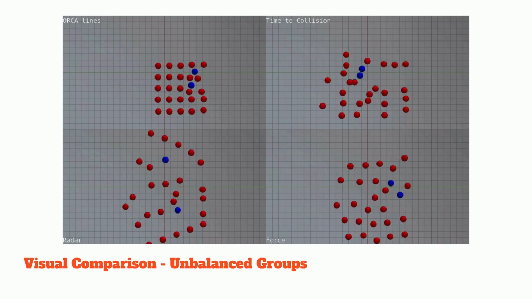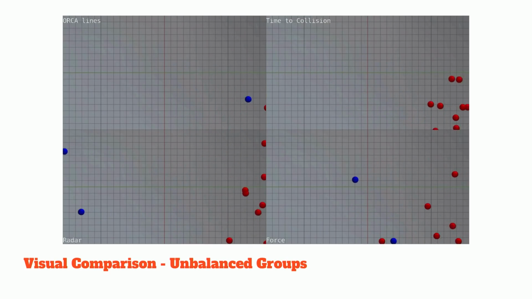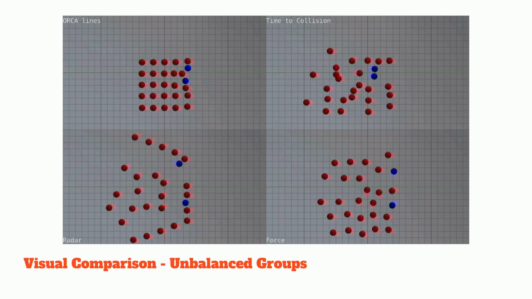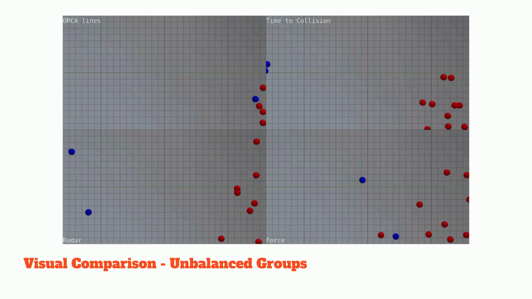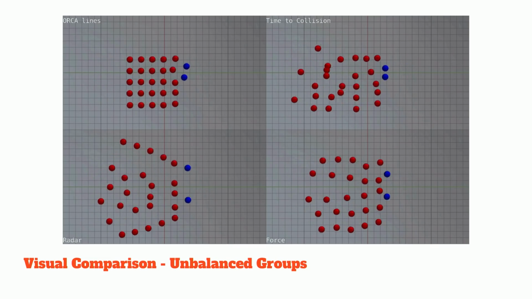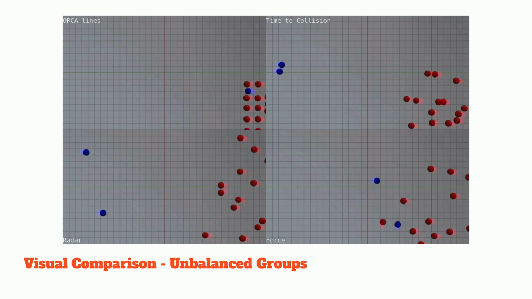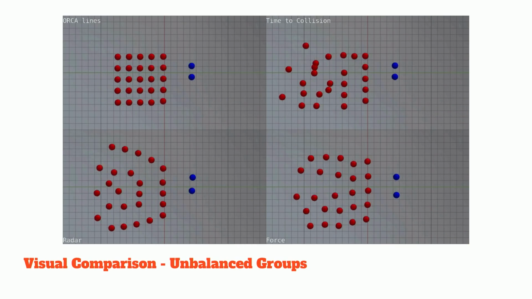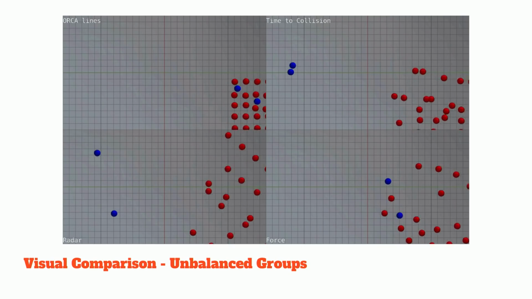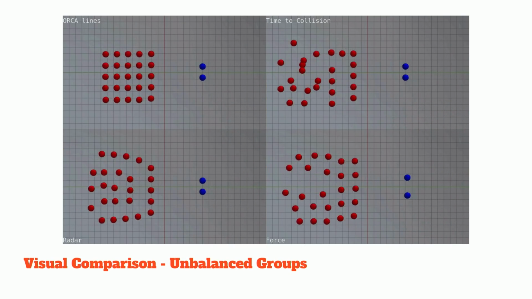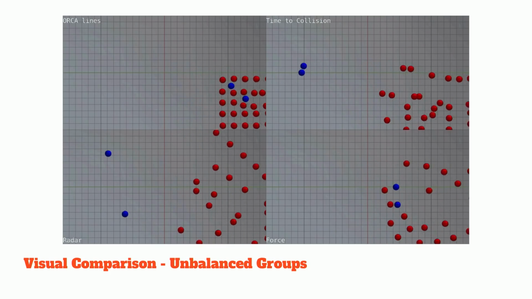What if you have 2 agents walking into a group of people? And this is what I call with RVO2 being afraid. You see the blue agents in the RVO2 model, they kind of stop moving in their direction and they move with the red ones. And that's what I mean with they become kind of like afraid. Again, the force-based algorithms, they again spread and then try to walk around each other. What would be the best algorithm here? I'm not sure. Maybe the radar? I don't know. It's quite hard to say.